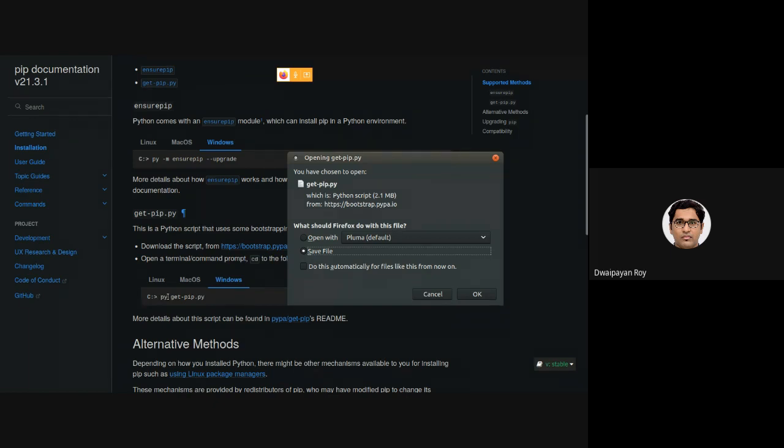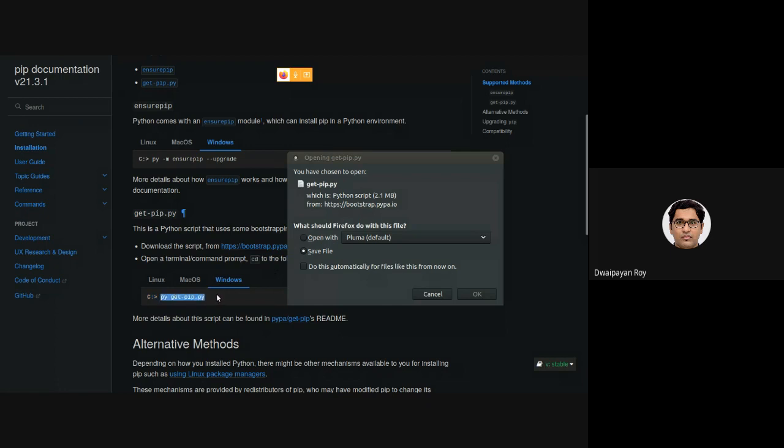Py, then space, then the name of this file. Note that to execute this code, you need to place this get-pip.py in this directory. If it is stored in some other directory, you need to cd into that directory from the command prompt, and then execute this command.